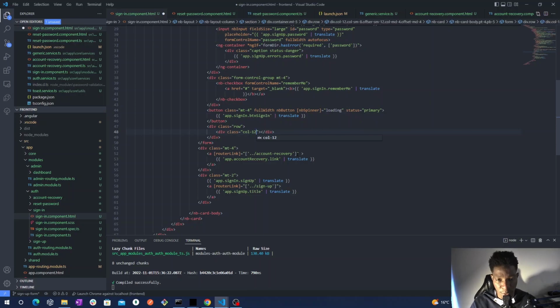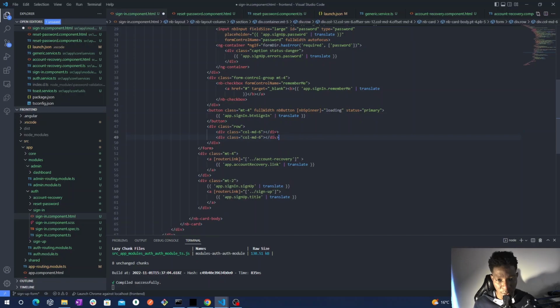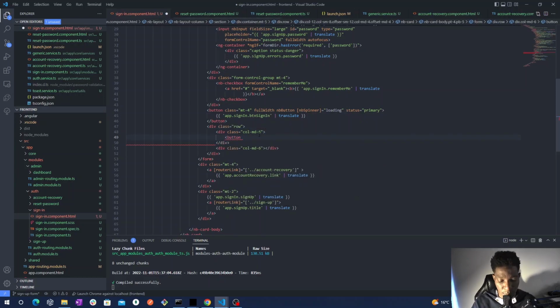So we separate the form inside two views. I think we start with the middle screen, call 6. We'll start with the middle screen, so we have something like this, and for the rest we have a full screen look. So we have a button, so there will be a nebula button, and you say sign up with